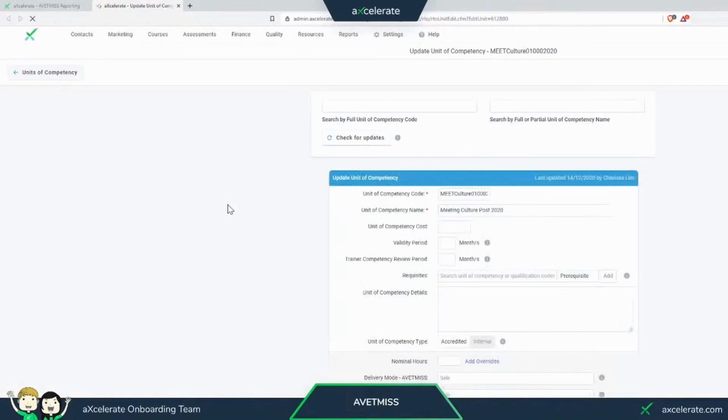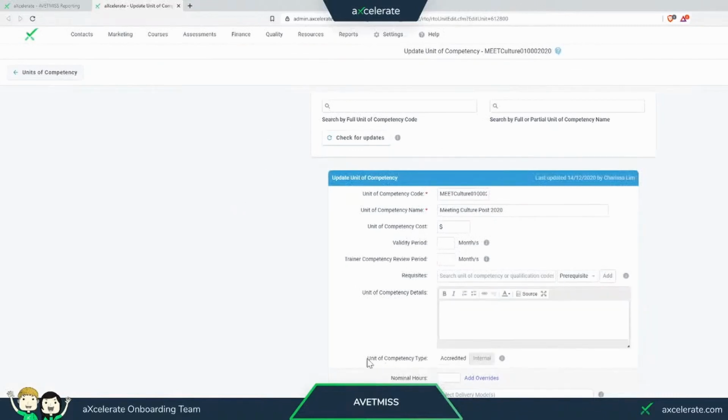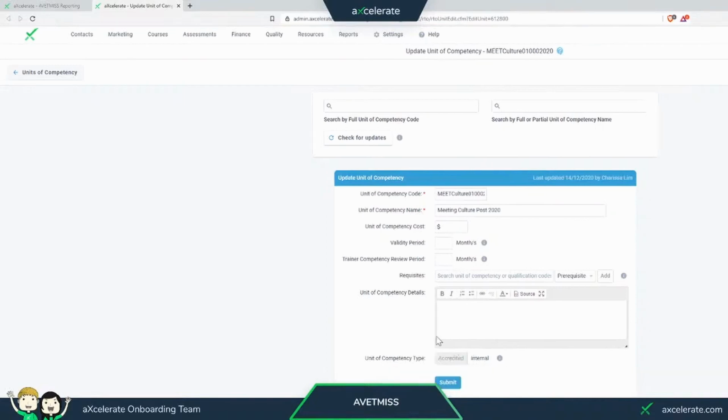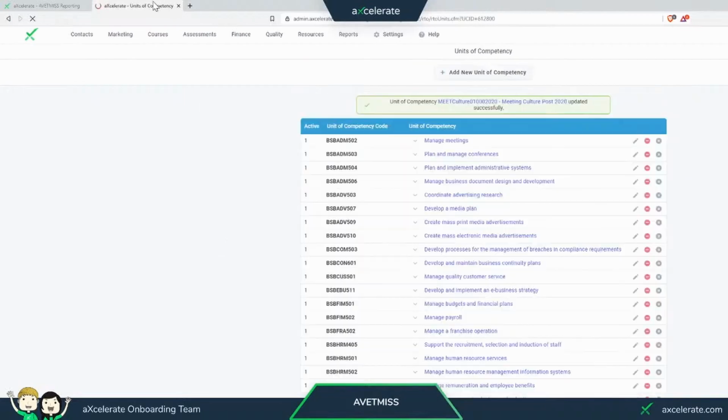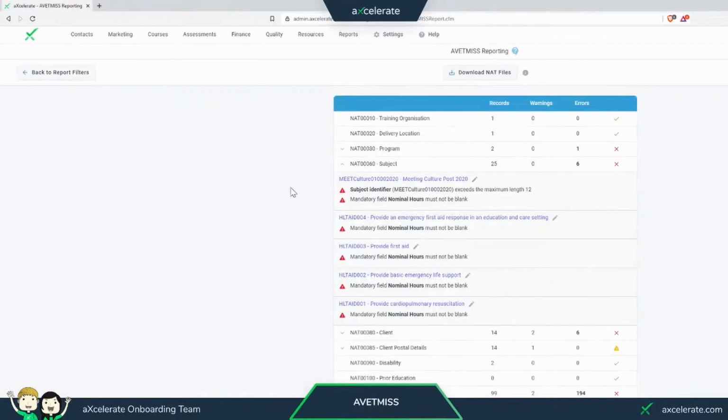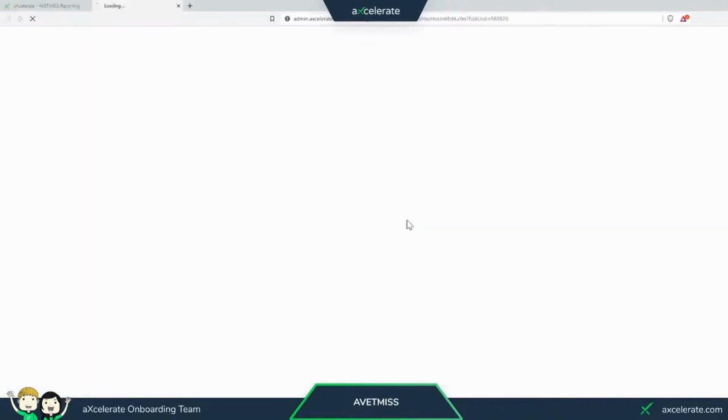If I go on through, the default when creating a unit is to leave this unit of competency type as accredited. And because of that, it's reporting this giant code and we're getting errors. So as you can probably tell, we want to flick this over to internal, which is going to hide it from the system. It'll still be included in everything we need to, but it won't be part of your AVETMISS data anymore. So I'll enter that. That should resolve that there. Excellent. We'll then return and look at these others, and you can see we're getting another nominal hours error, but this time they're for specific units of competency. So if I dive into this first aid one over here,